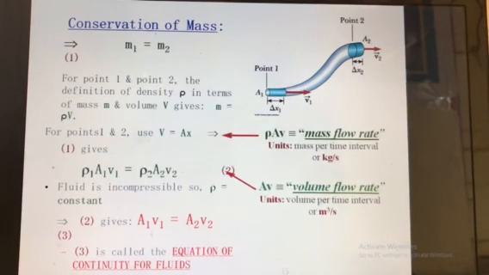This is the one dimensional equation, and we have also derived the three dimensional equation, which is given by the formula: del by del x of rho u plus d by dy of rho v plus d by dz of rho w plus d rho by dt is equal to 0. Depending on that we have applied conditions like steady and unsteady flow, uniform and non-uniform flow, compressible and incompressible flow. For steady flow, d rho by dt is equal to 0. So it will become d by dx of rho u plus d by dy of rho v plus d by dz of rho w is equal to 0.